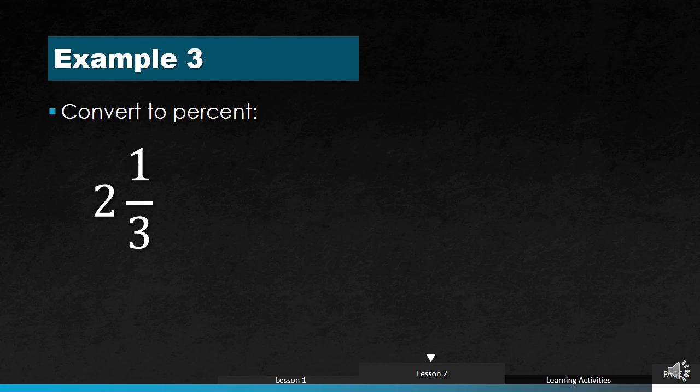Okay, so in example number 3, we need to convert 2 and 1/3 into percent. Just like what we did for converting fractions into decimals with mixed forms, we can also express this first as an improper fraction. So you have 3 times 2 gives you 6 plus 1, that gives you 7 over 3. Using your calculator, 7 divided by 3 gives you